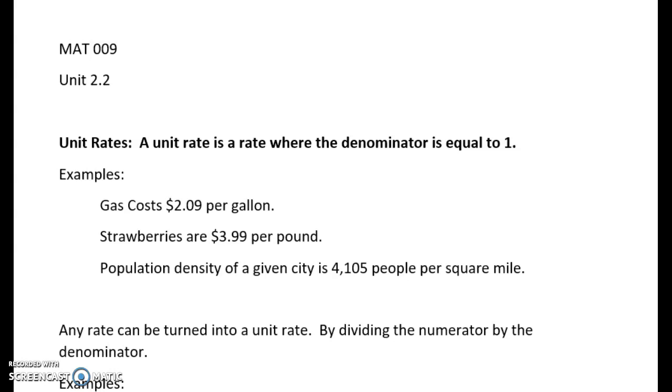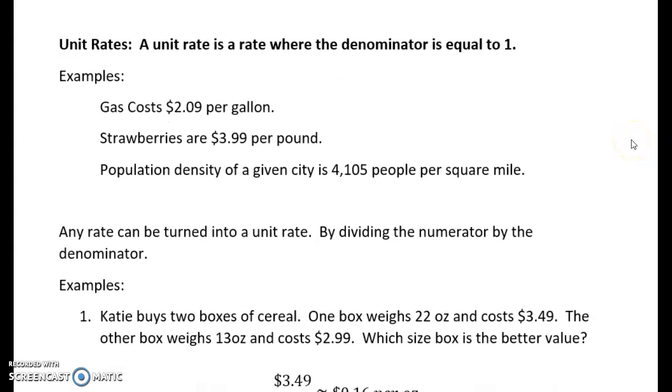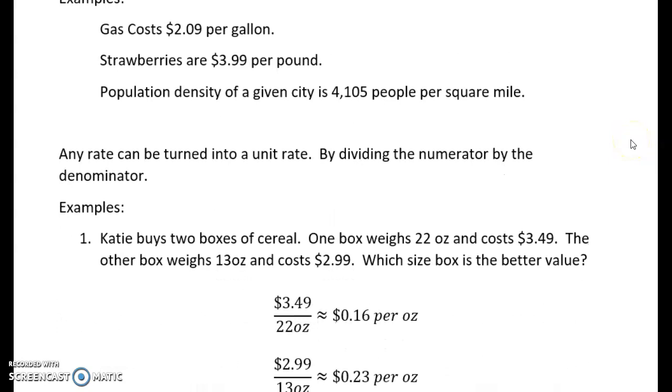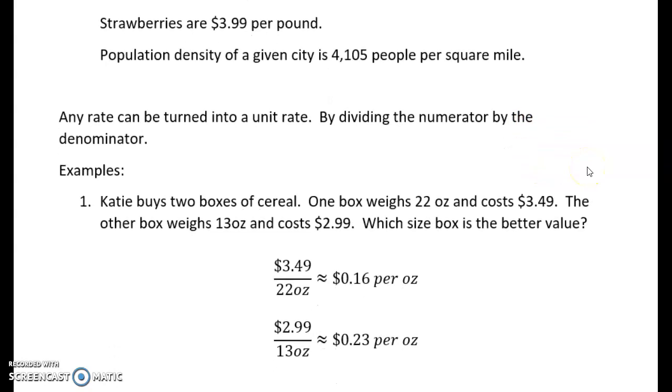We've seen population density. So if you have population density of a given city as 4,105 people per square mile, that is a unit rate because it's for 1 square mile. Now, any rate can be turned into a unit rate. So even if you don't have the rate already as a unit rate, you can do so by dividing the numerator by the denominator. That will make the denominator 1. So for example,